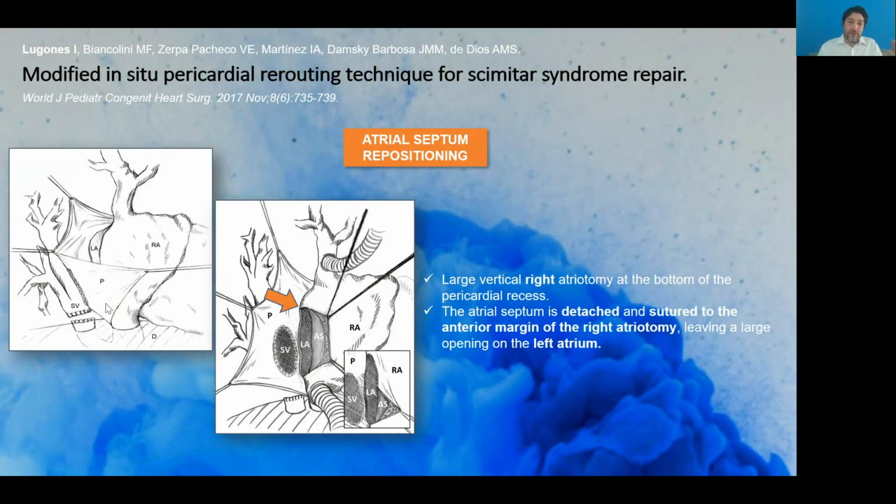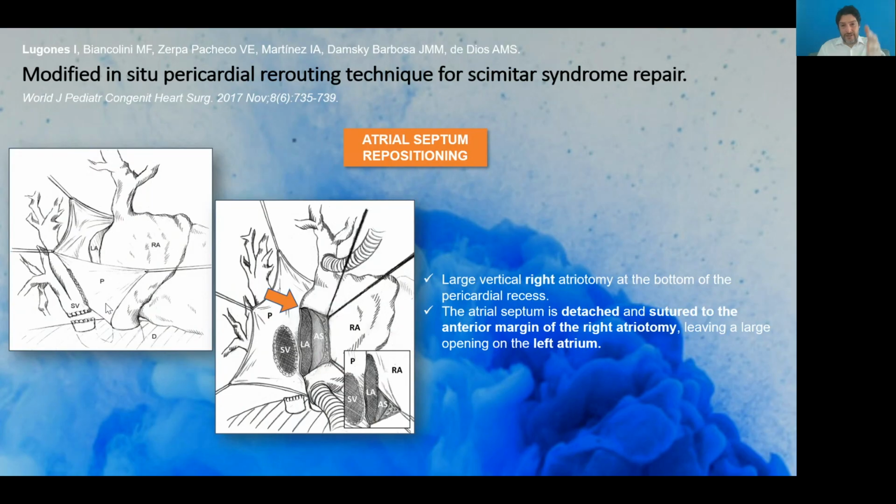So there is no way to access the left atrium from the bottom of the pericardial recess. So what we do is make a large vertical right atriotomy at the bottom of the pericardial recess,